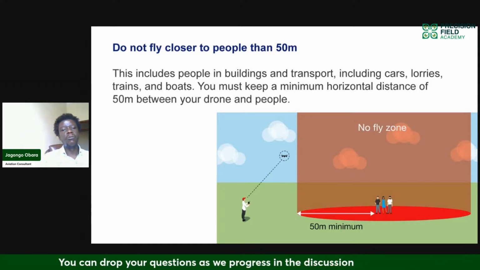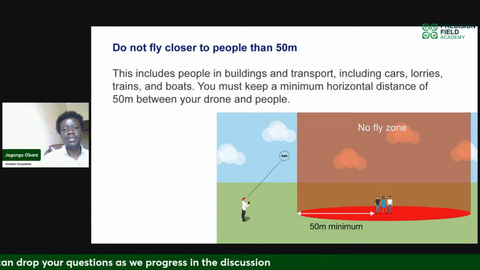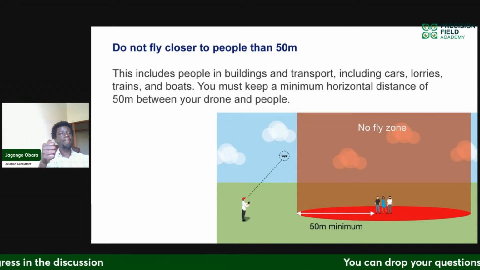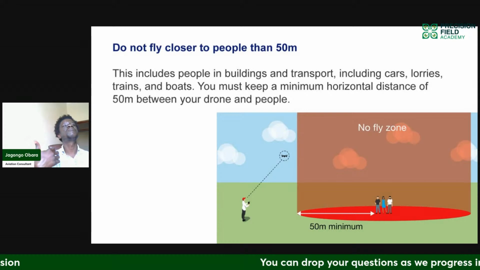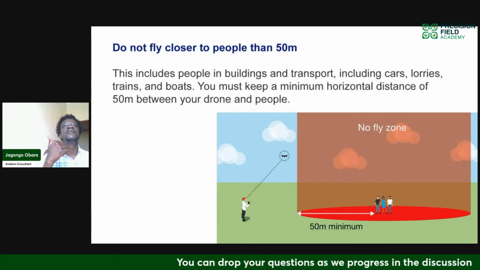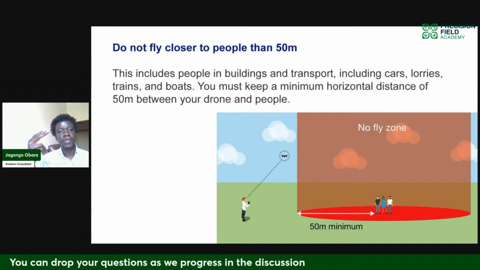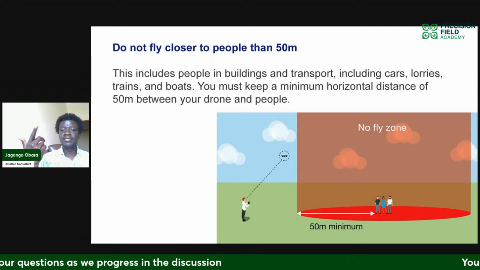So what do we do? How do we keep this? And this is why I said, as a pilot, you might be in control flying, but you generally might not be in a position where you can do crowd control. So you probably might want to also delegate somebody to manage crowd control.